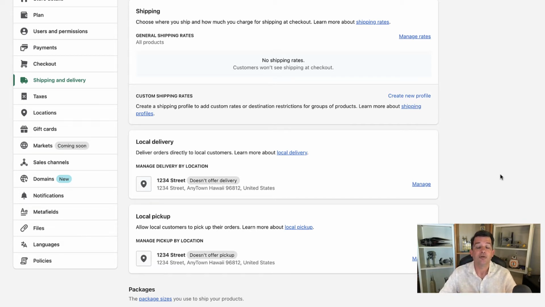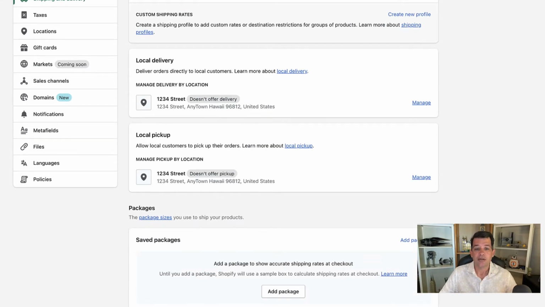So if you're doing local delivery, what do they mean exactly by local delivery? That's if you're making the delivery yourself, not giving it to a UPS driver who's then making the local delivery. This is if you're making that delivery and you want to let people know that when you purchase it, I can make the delivery for you if you're within this radius. And there are some other settings as well. So that's the local delivery.